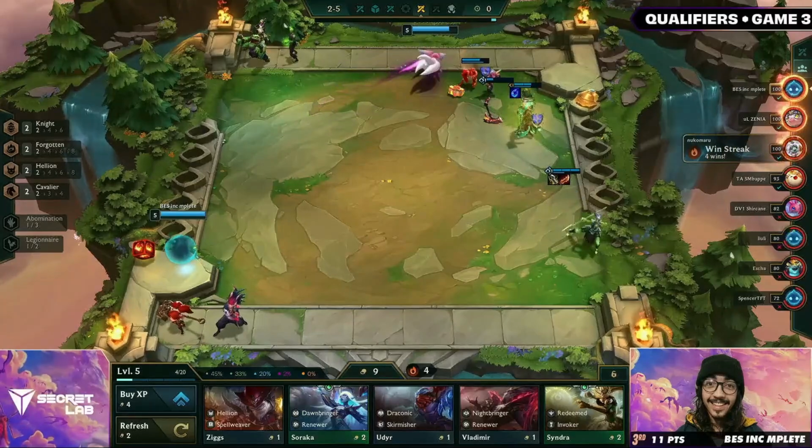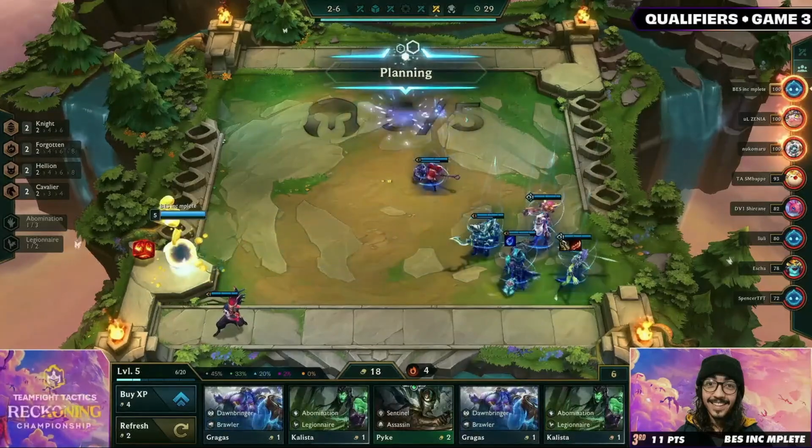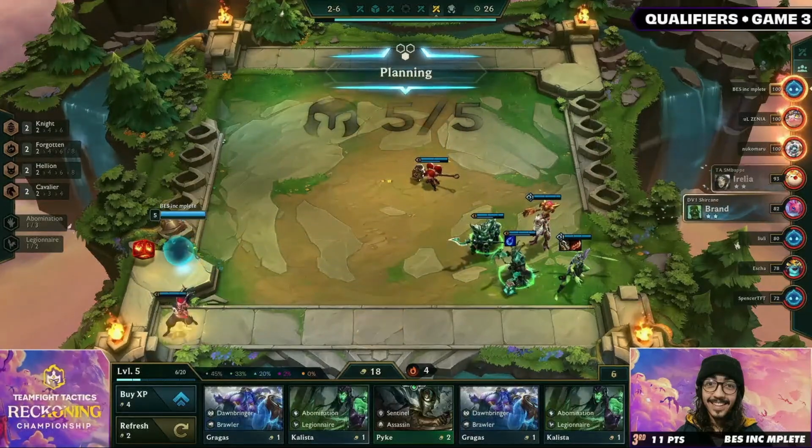It's 9. Is he going to go to 10? Is he really going to stay at 9? I mean, he has to sell a Poppy pair, it looks like, or yeah. Okay, he sells the Poppy pair. I mean, that's probably correct, but...